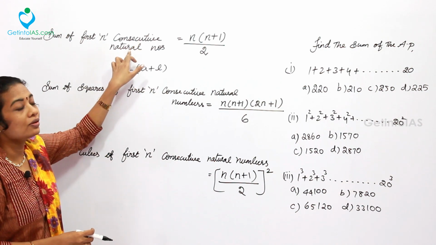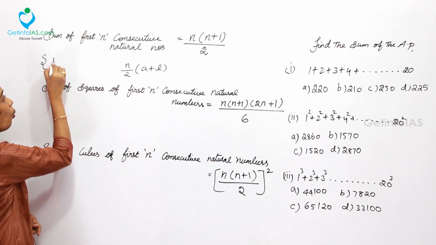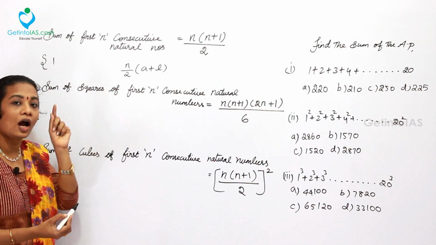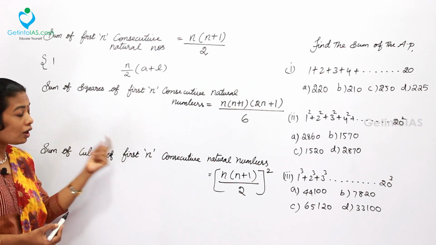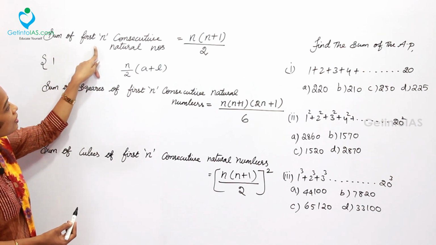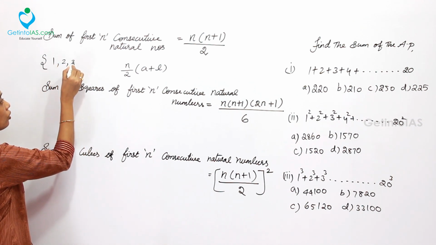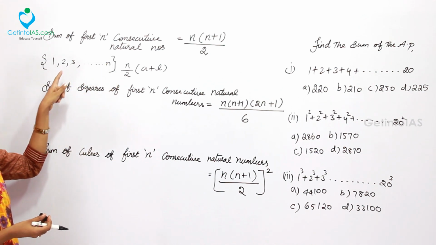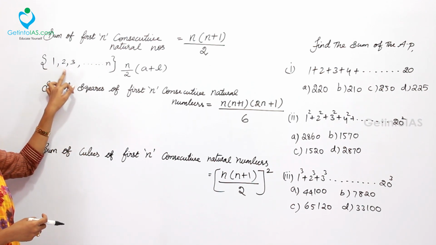But in case of consecutive natural numbers, consecutive means next natural numbers starting from 1. The word first denotes starting from 1. Here also sum of the squares of first means starting with 1 square. Here sum of cubes of first n consecutive numbers means cube of starting from 1 cube, like that. So here first you want to understand the range. Sum of first n consecutive natural numbers means 1, 2, 3 up to n. So this is the range starting from 1. Consecutive means succeeding, next. So immediate next of 1 is 2, like that.